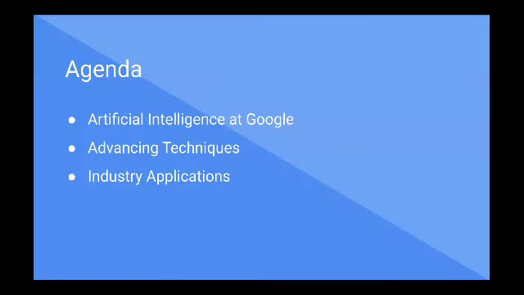So the main topics in my agenda will be AI at Google. Then we'll discuss a few advanced techniques, such as different modeling techniques, ML models that we use, and how much of that has been accepted by the industry or deployed in various sections of the different industrial verticals. And then we'll take a few key industrial verticals and talk about ML applications within those verticals, like finance, like manufacturing, like energy. So retail is a big one for us. So we'll talk about all of those.